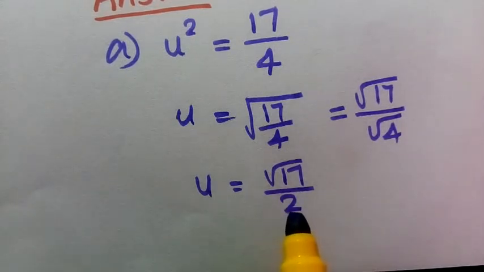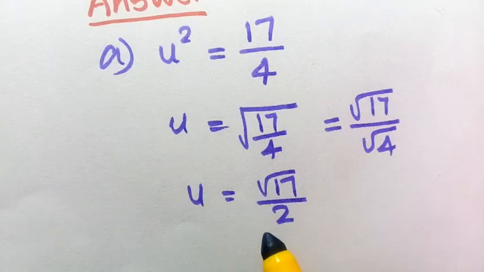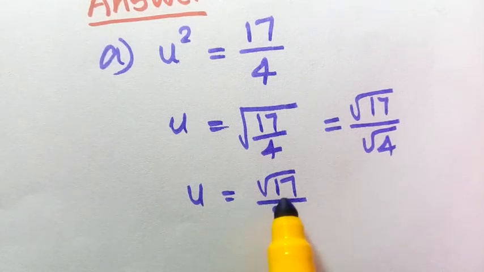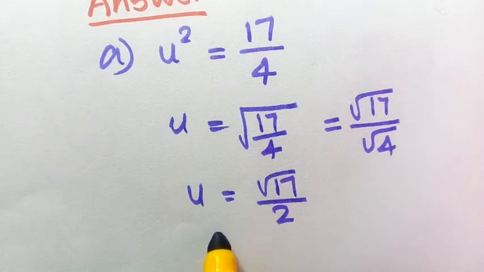In this chapter, we already discussed that the quotient of a non-zero rational number with an irrational number is irrational. Here, root 17 is an irrational number, 2 is a rational number, so its quotient should be an irrational number. So, the question is, what is the representation of the variable? Is it rational or irrational? Now we got the value of the variable u. u is equal to root 17 by 2. The value of root 17 by 2 is irrational. So the variable is representing an irrational number.